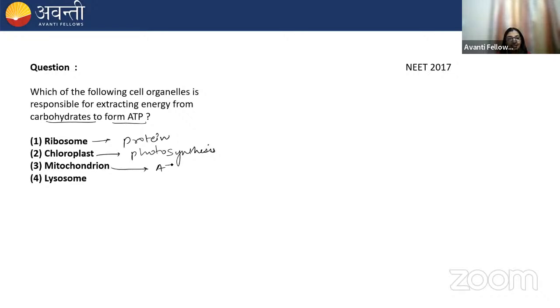Mitochondria, ATP synthesis. The question is asking which of the following cell organelles is responsible for extracting the energy from carbohydrate to form ATP? The first step in cellular respiration is glycolysis, where glucose is converted to pyruvate. Now this pyruvate will enter into the mitochondria,